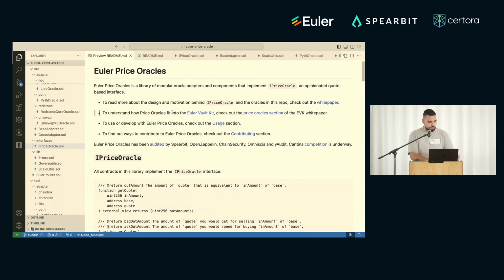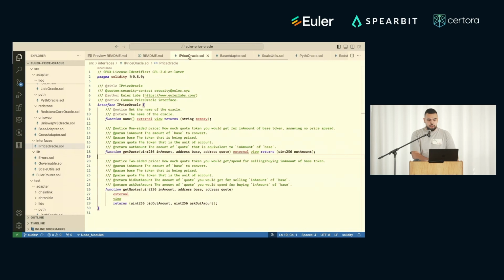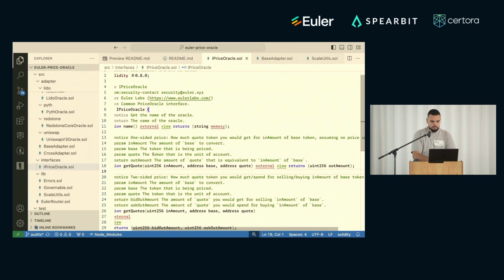I guess it's best to start with this IPriceOracle interface. Now, as the name suggests, this is sort of a library of Oracle integrations and components. And this interface is sort of the centerpiece of it all. So if we take a look at this,